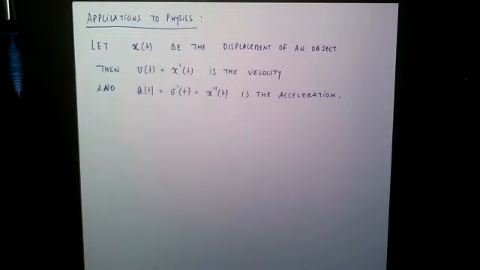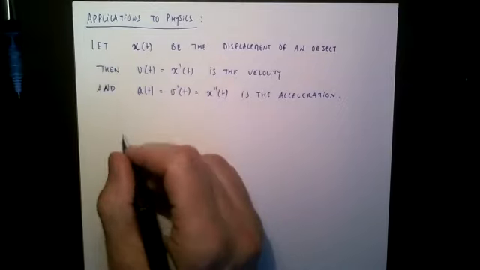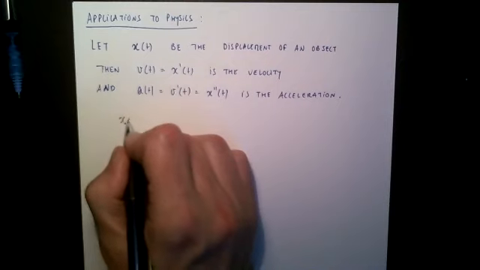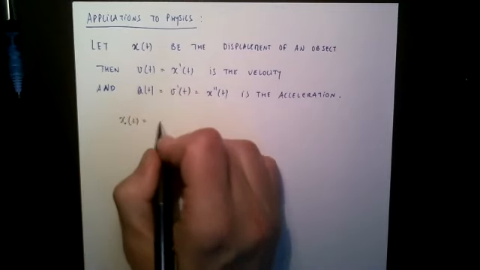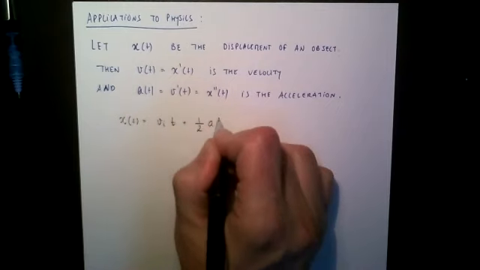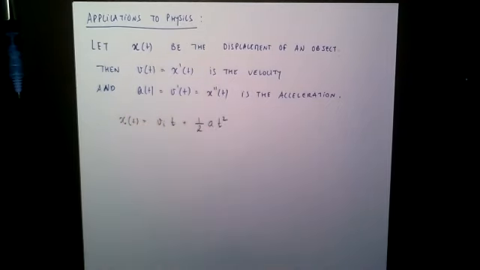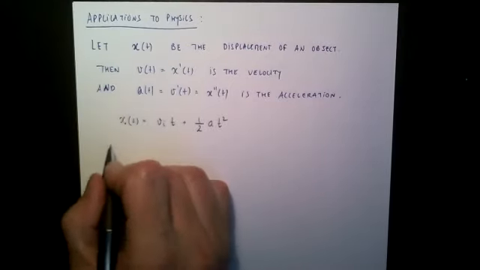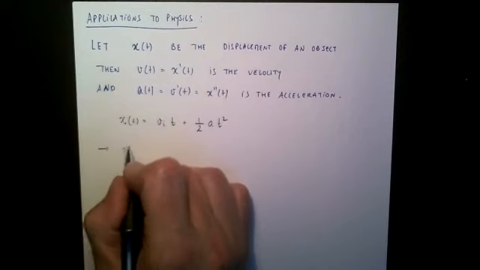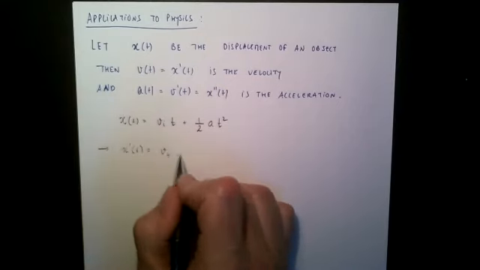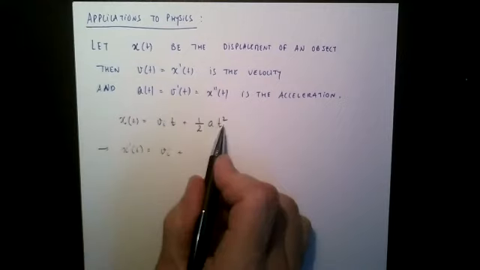I'm not an expert in physics, but I know that you have a formula that tells you that the displacement is equal to Vi t plus 1/2 times a t squared. You remember this one? Okay. So let's find the derivative. So now that we know derivative, x prime of t will be Vi plus